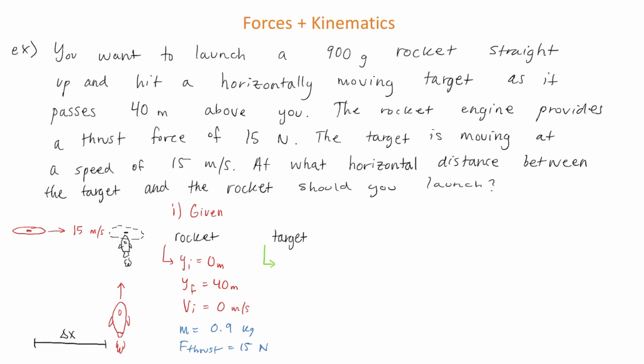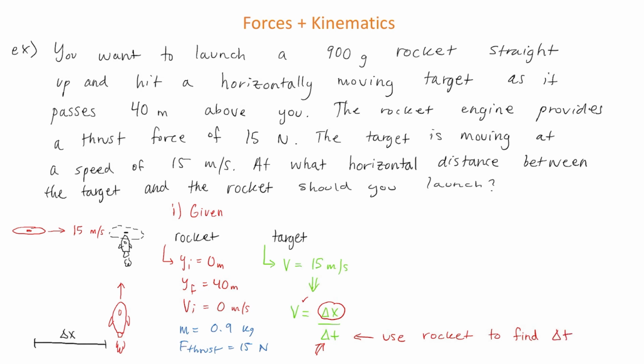Now looking at the target, we were told that the target is moving with a velocity of 15 meters per second. And now the target is moving with uniform motion. So we can use the uniform motion equation, which says v is equal to delta x divided by delta t. And we know v, we're solving for delta x, but what we're missing is delta t. So what we're going to do is use the information we have for the rocket to solve